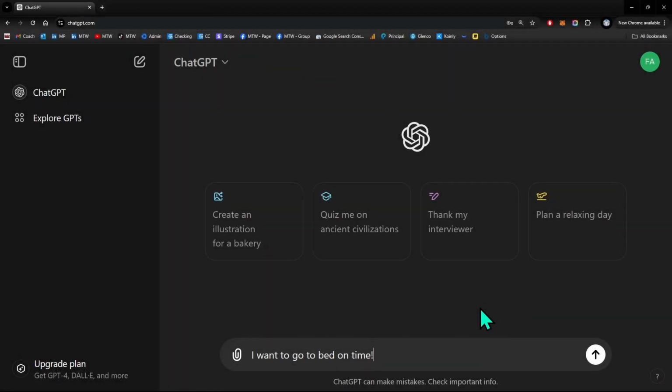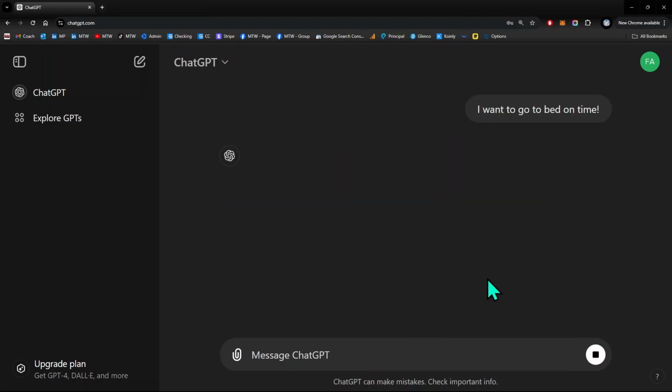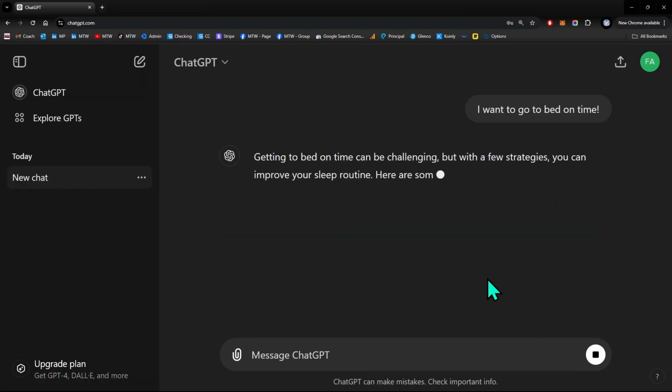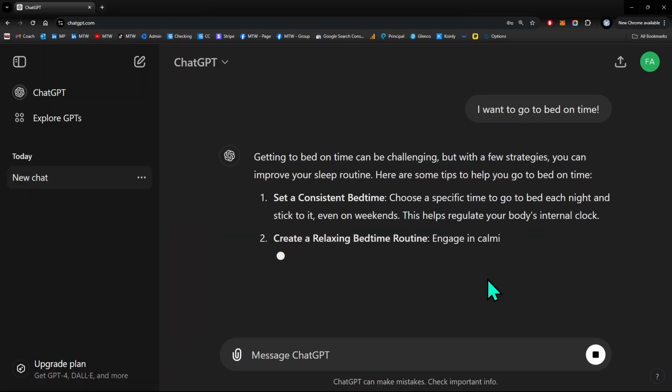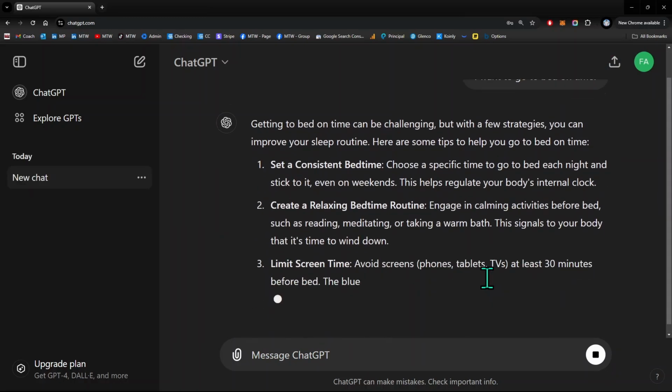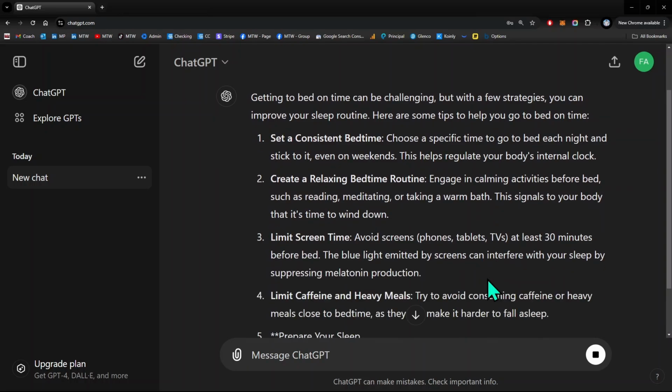Okay, so I went to chatgpt.com, signed up for an account, it was free, and now I typed in, I want to go to bed on time. I just submit that, and now it's going to give me an answer. In fact, it's going to give me some tips right here. One of which is saying, set a consistent bedtime, create a relaxing bedtime routine, and you can just see all